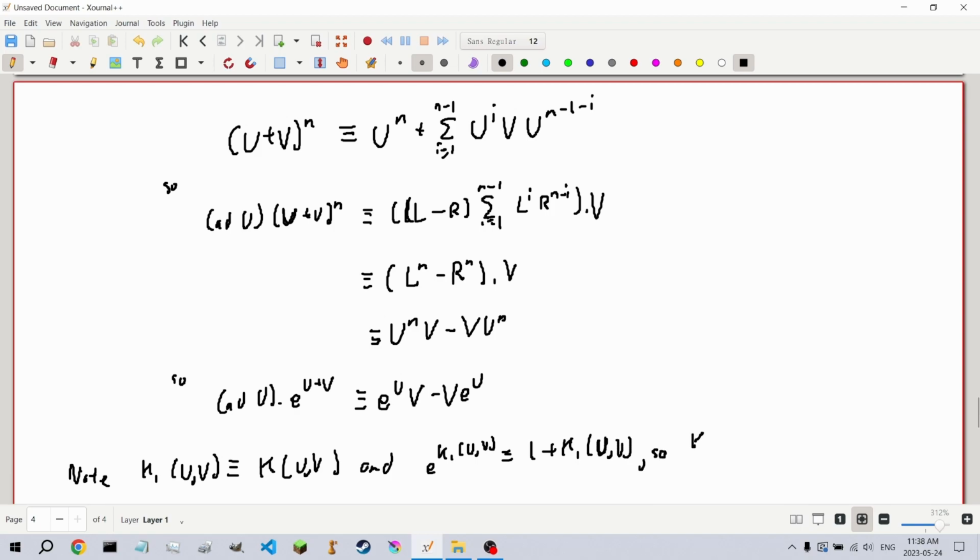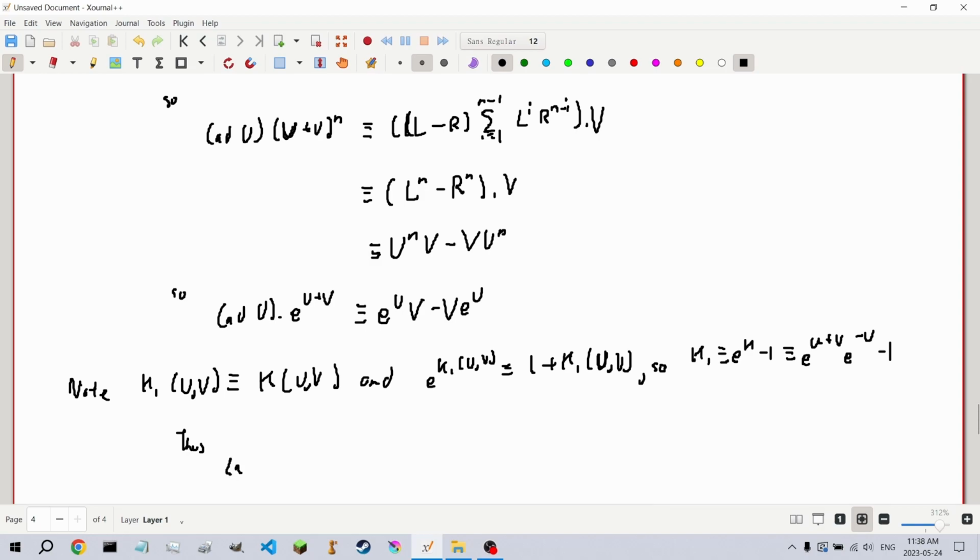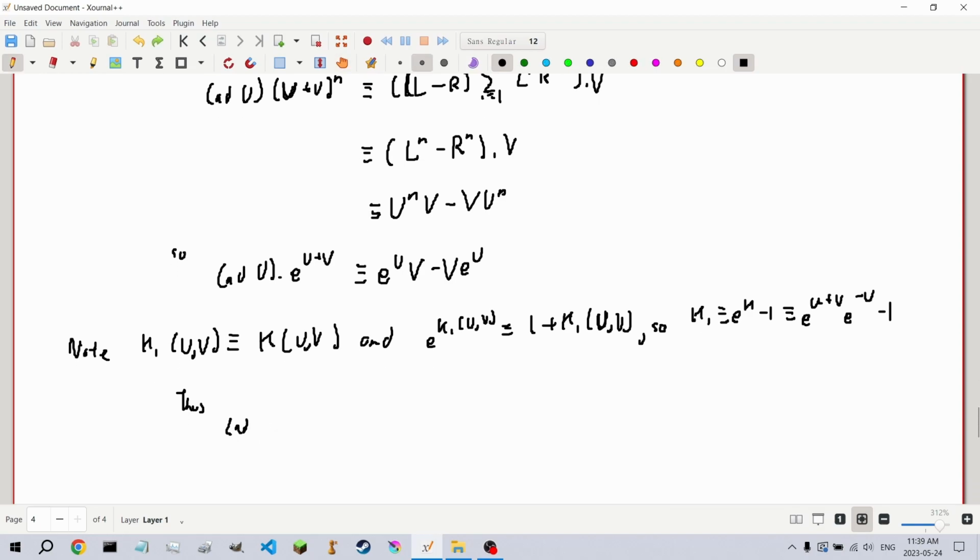So k1 is congruent to e to the k minus 1, which is congruent to e to the u plus v, e to the minus u, minus 1. Thus, we get that the adjoint of u on k1 is congruent to u times e to the u plus v e to the minus u minus e to the u plus v e to the minus u times u,